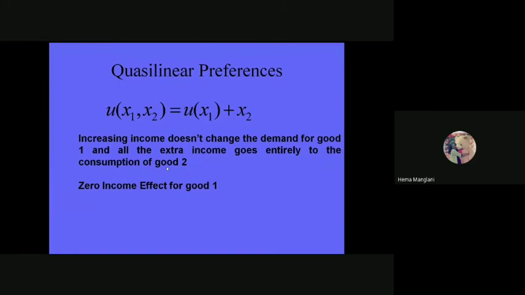Then we have quasi-linear preferences. The quasi-linear preferences are also very important, and this shows that we have two goods. Similarly, like we had other goods in other functions like perfect substitutes, perfect complements, even for the normal goods like x1 and x2. But these quasi-linear preferences also support the indifference curves. How? Here I have made a bracket on this x1. Now this shows that this particular commodity's consumption would remain constant in our analysis, and the x2's consumption is variable.